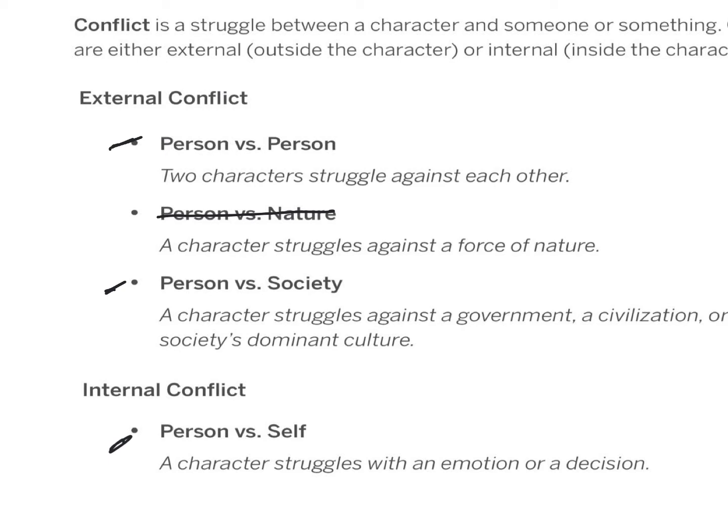Because if it's person versus self, the daughter says that she has never lied. She's not a liar. She's a hard worker. We talked about that. But she lied. And so that is a conflict that she had with herself. So if you're going to focus on that one, your story's going to revolve around that. But if it's person versus person, you have a lot more to work with because you have all those people that are trying to stop her. Society, you have the race aspect and the money aspect. So there's a lot to work with here. You just have to decide.